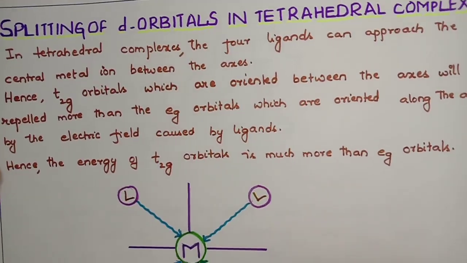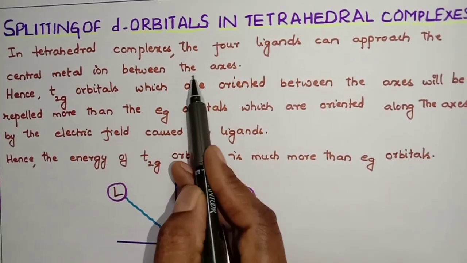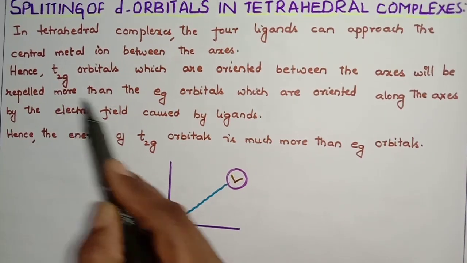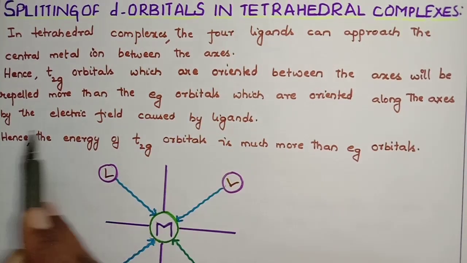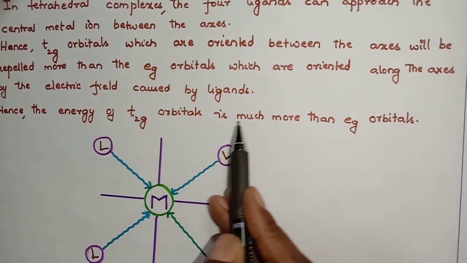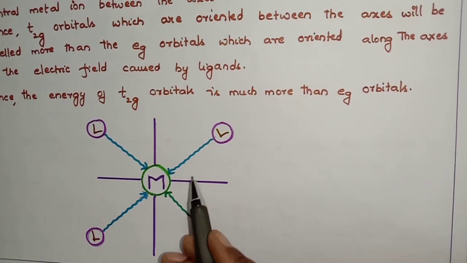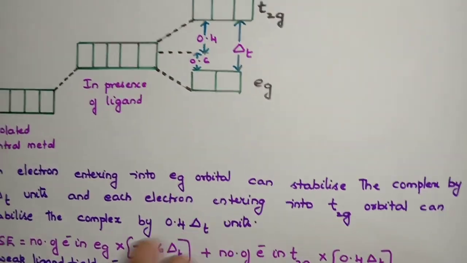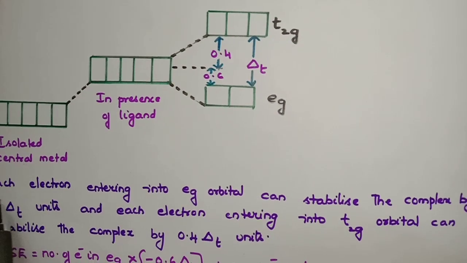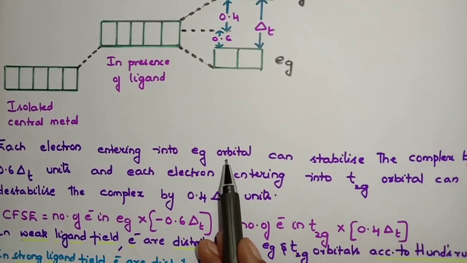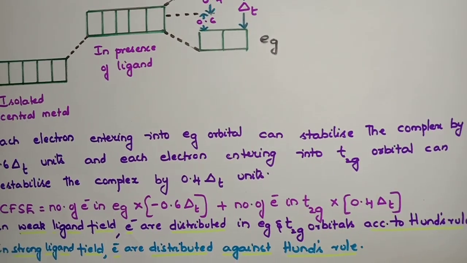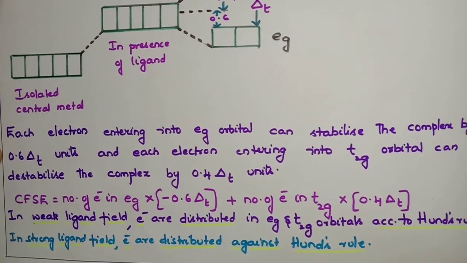We have learned that the four ligands approach from between the axes. T2g orbitals, which are oriented between the axes, will be repelled more than the Eg orbitals by the electric field caused by the ligands. Because of this, the energy of T2g orbitals is much higher than Eg orbitals. Next we learned the splitting of d orbitals into T2g and Eg. And each electron entering an Eg orbital will stabilize the complex by 0.6 delta T units, and each electron entering a T2g orbital will destabilize the complex by